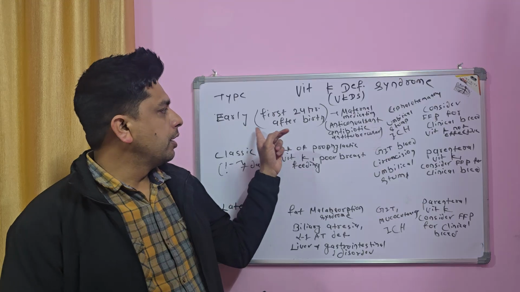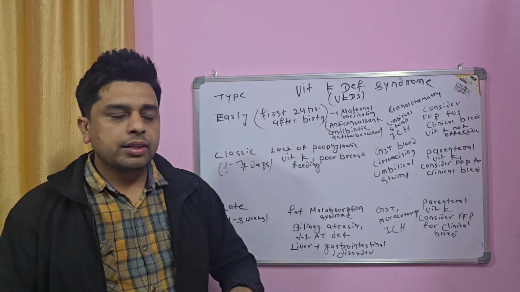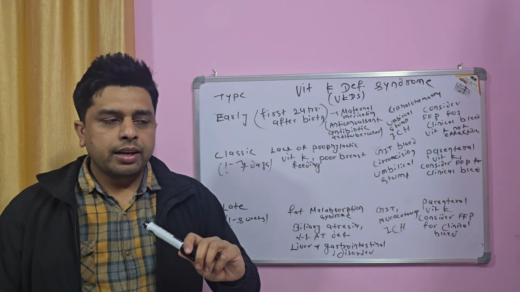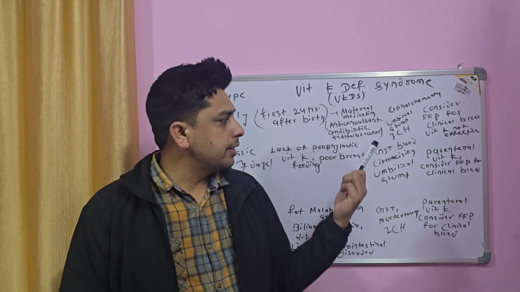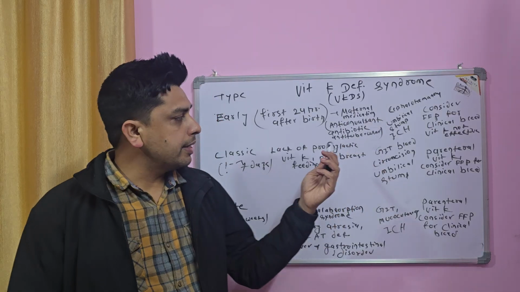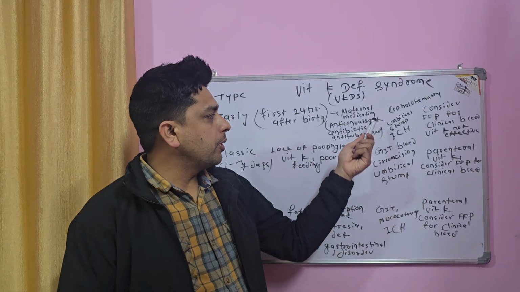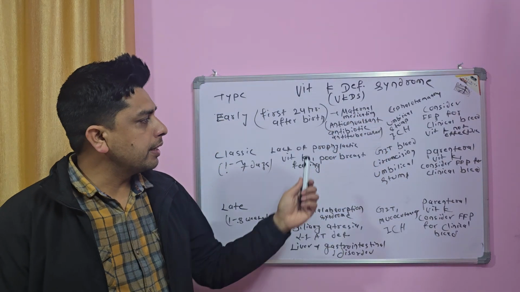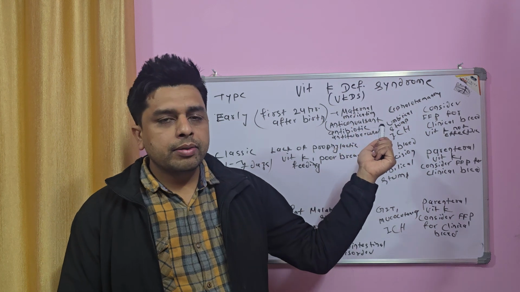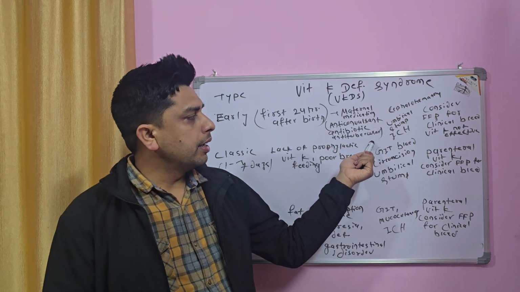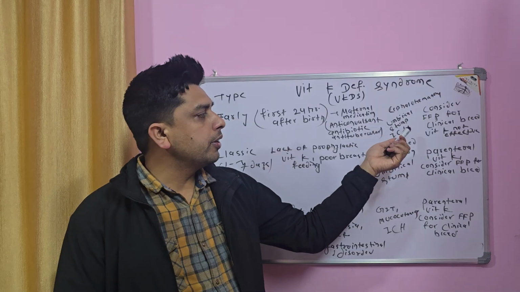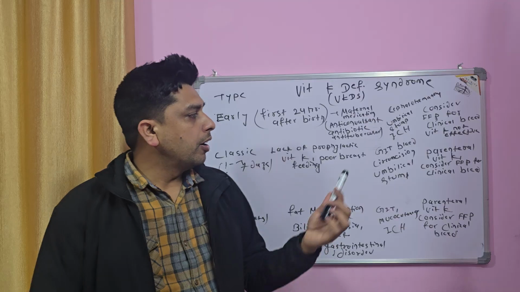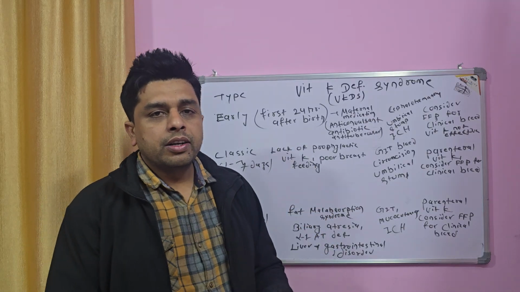If the bleeding occurs early, that is within 24 hours after birth, the most common cause may be maternal intake of medications, like anticonvulsants, antibiotics, or antitubercular drugs. So we have to clear it by asking the history. Either the mother has taken any anticonvulsant, antitubercular, or antibiotics during the antenatal period, and the bleeding site is cephalohematoma, intracranial hemorrhage, or bleeding from any site like the umbilical stump while cutting the umbilical cord,